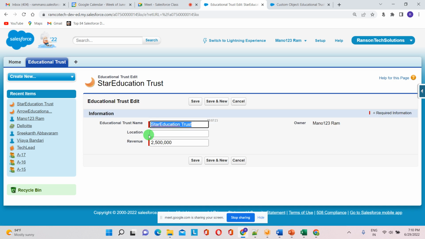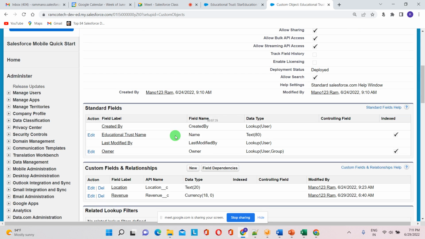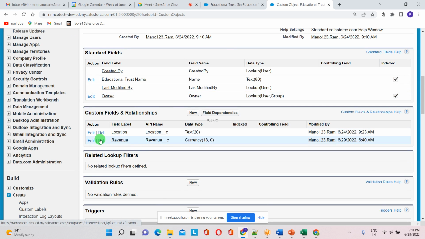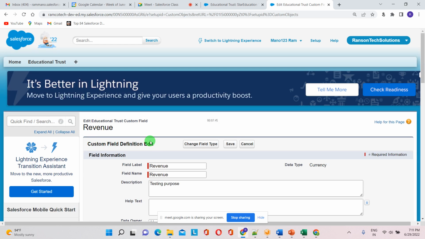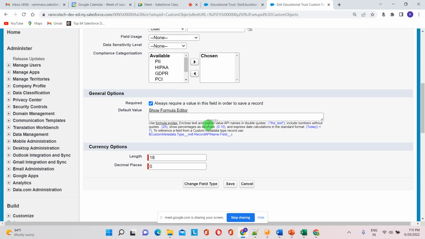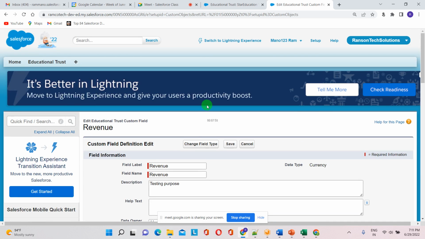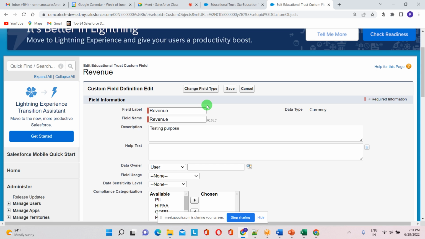Mandatory field, yes. Okay, when you save, I can see the dollar sign. If I want to put rupees or pound, how can I change that? One minute. For that, we'll go with edit. Maximum it will come as dollars only. Rupees it will not come. We need to convert it into some other